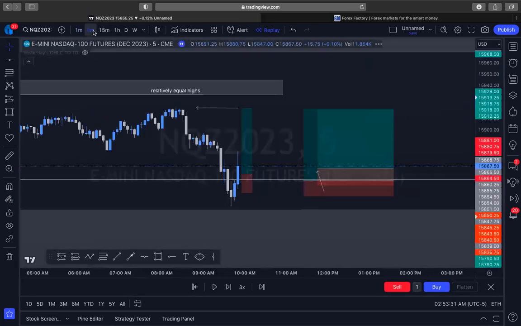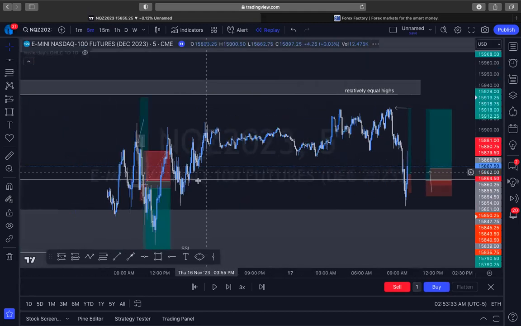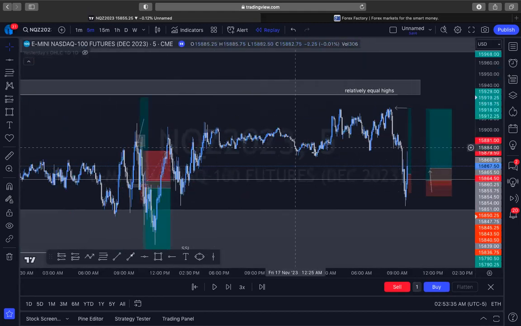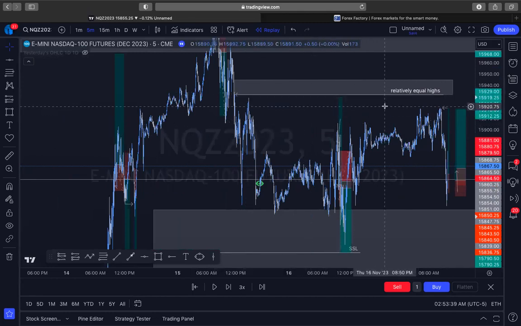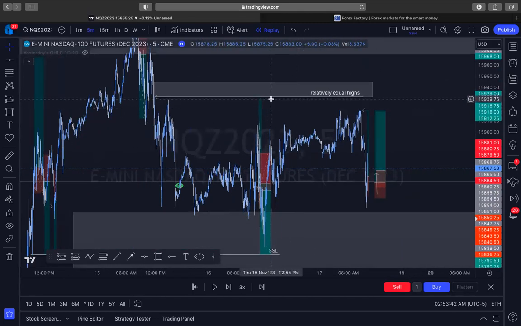So what have we seen from Thursday? We did see that price continued up a little bit higher. Did it ever reach the highs that we were aiming for? No, it didn't do that. Did it give us a reason to maybe want to go higher? Yes, absolutely. We kept going a little bit higher, a little bit higher. And then here we kind of started getting a little bit of weaker price action.